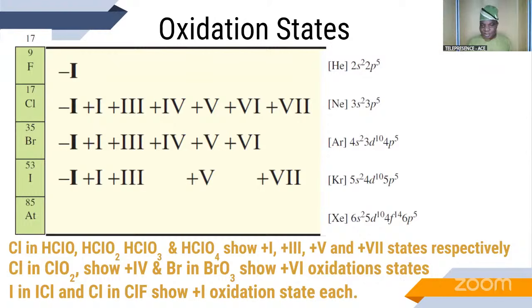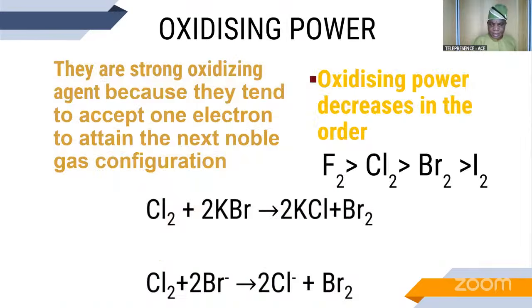If you see fluorine, the next noble gas configuration is neon. So on accepting an electron, the electronic configuration of fluorine becomes that of neon. Chlorine is 17. When it accepts an electron, it becomes a chloride ion, which has 18 electrons, the argon configuration. However, the oxidizing power decreases in this order: fluorine greater than chlorine, chlorine greater than bromine, and bromine greater than